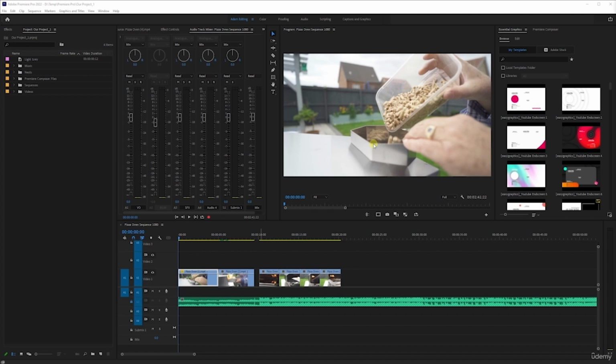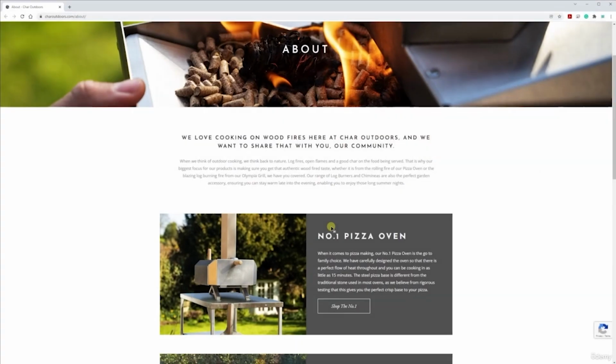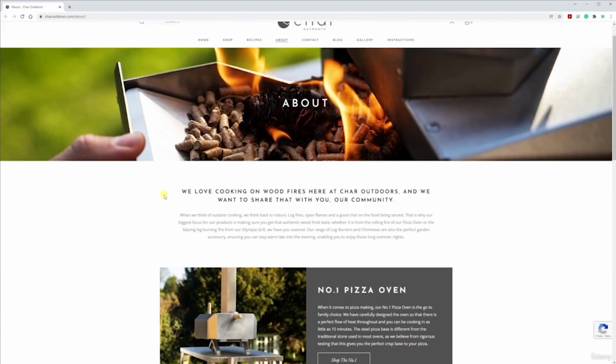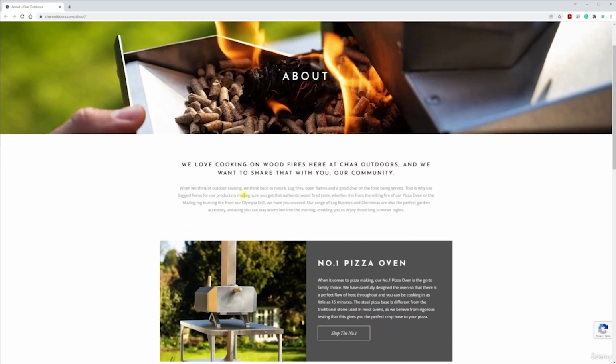From time to time, it's mainly gadgets, but I get sent products to review. And just out of the blue, this company reached out and said, do you fancy reviewing a pizza oven? I'd actually just recently reviewed a beer brewing home system, so I guess that's why I came up on their radar. So these are Char Outdoors, and I've got to the about page, and I think this bit of text